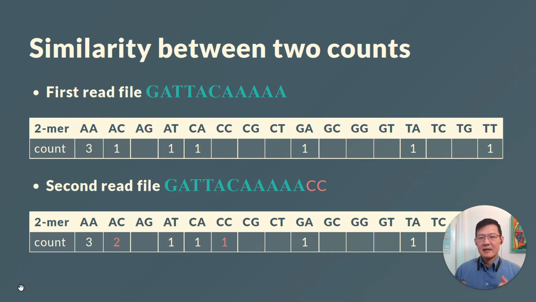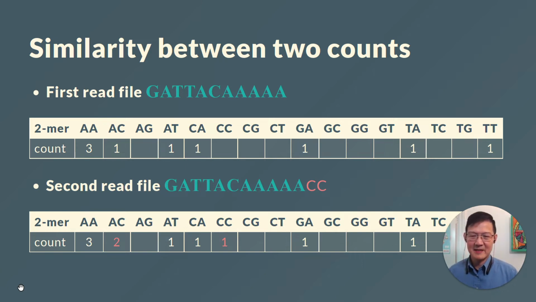Okay. Now, why do we want to do this representation? Once we have this representation, we might want to compare 2 sequences. One thing about sequences is that they could be of different lengths. So we have one file that comes from a DNA sequencer. We call it a read. It's our favorite sequence, and we have another file which is almost identical to it, except it's got 2 C's